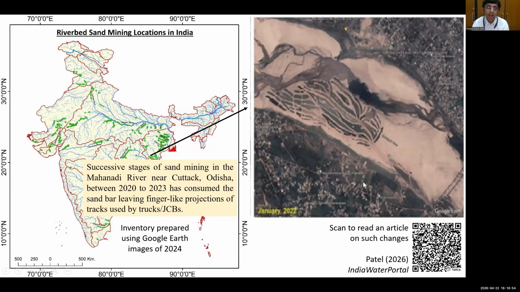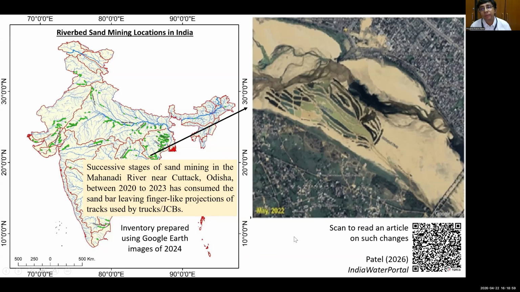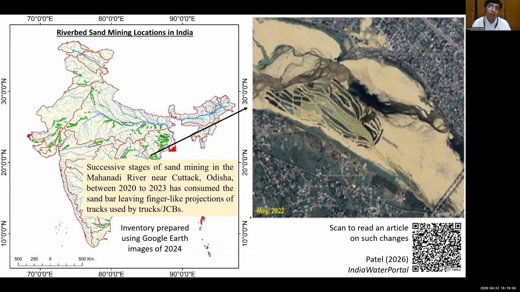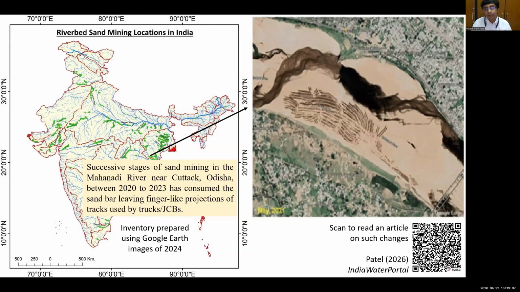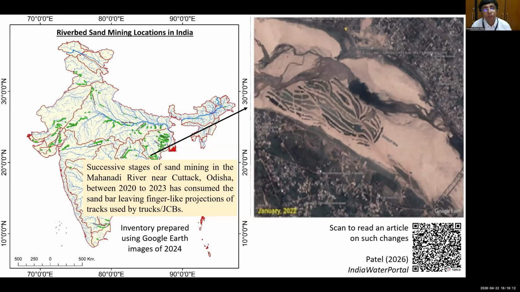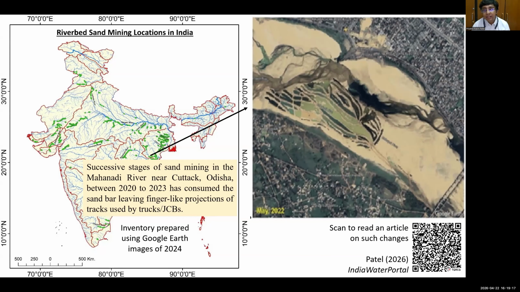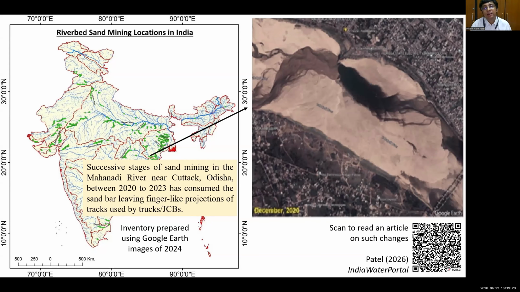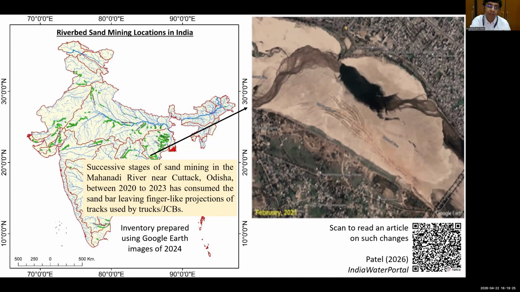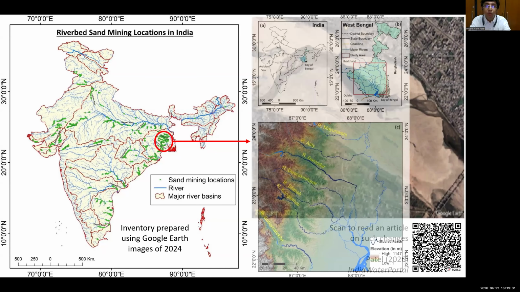And one of the good examples I can show you is on the right, in the Mahanadi River, again in the state of Odisha in eastern India, where you can see how a natural sandbar gets transformed over time, and you have the tentacles of the roads that are reaching into the sandbar, and eventually only these tentacles are left, and the entire volume of sand in between has been excavated out. So we try to do this documentation throughout the country. We believe this is one of the first such inventories created at the national level, and this is quite crucial because this can really guide policy and planning, knowing how much extraction is happening, what are the sites of extraction in each river basin. So based on this, we find some of the highest densities to be in West Bengal,